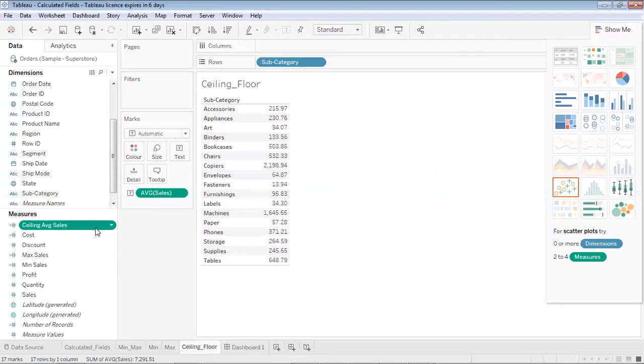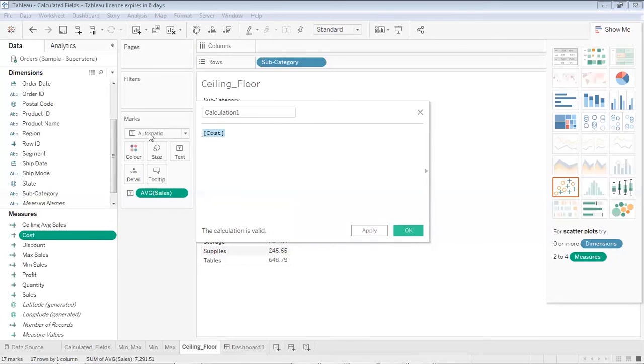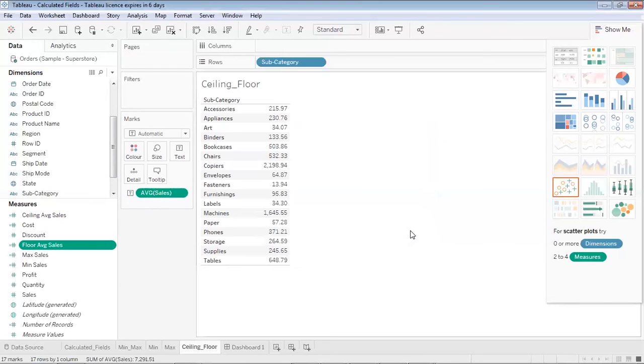Now this was ceiling. I would also like to create a floor function. I go to the drop down, create, calculated field. Now what I want to do is create a floor. Whenever I write the 2-3 letters of the function, automatically this list of values comes. So I want to create the floor function, which is nothing but the floor of the average sales over here. When I do apply, again the syntax is valid, so it's saying the calculation is valid in VizQL. I'll do apply over here.